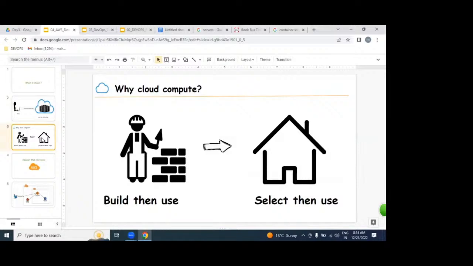But cloud is specifically rental-based resources only. By using cloud, we can't buy anything. We can get rental-based infrastructure, either server, network, storage, or database.